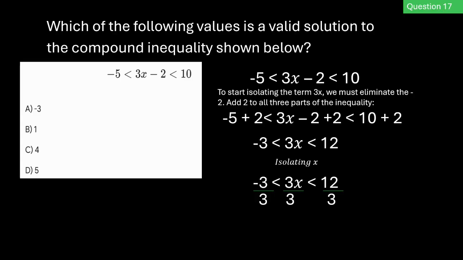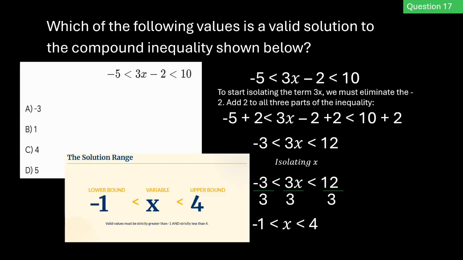Now let's simplify to find our final solution range. Negative 3 divided by 3 is negative 1. Now we've isolated the variable x, and 12 divided by 3 is 4. The final expression tells us that any valid solution must be strictly greater than negative 1 and strictly less than